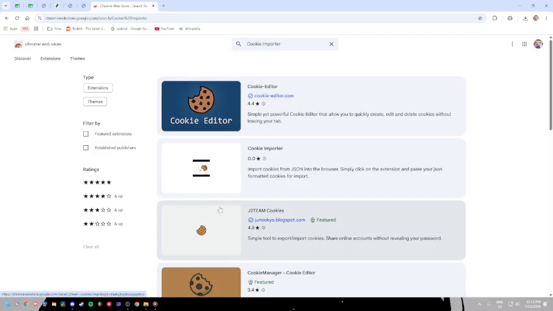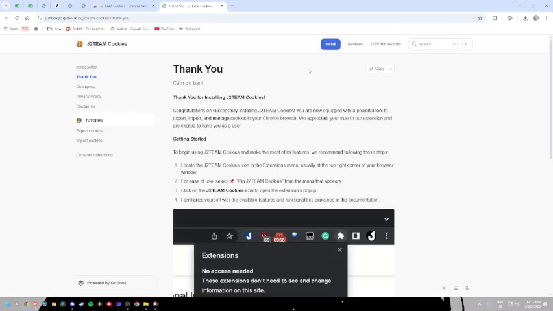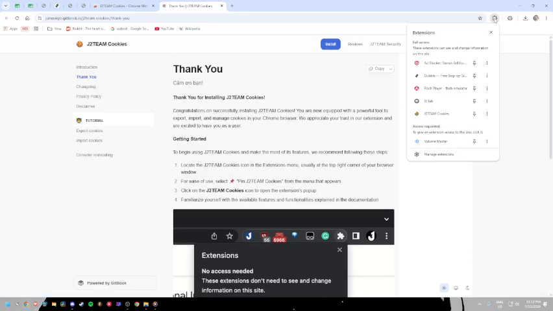Click the Add to Chrome button on the extension page. Chrome may ask you to confirm what permissions the extension needs. This is normal. Read the message quickly, then confirm the installation. After it finishes installing, you should see the extension appear in your browser toolbar or in the extension area. Take a moment now to verify it is installed before moving on, because the next steps depend on the extension